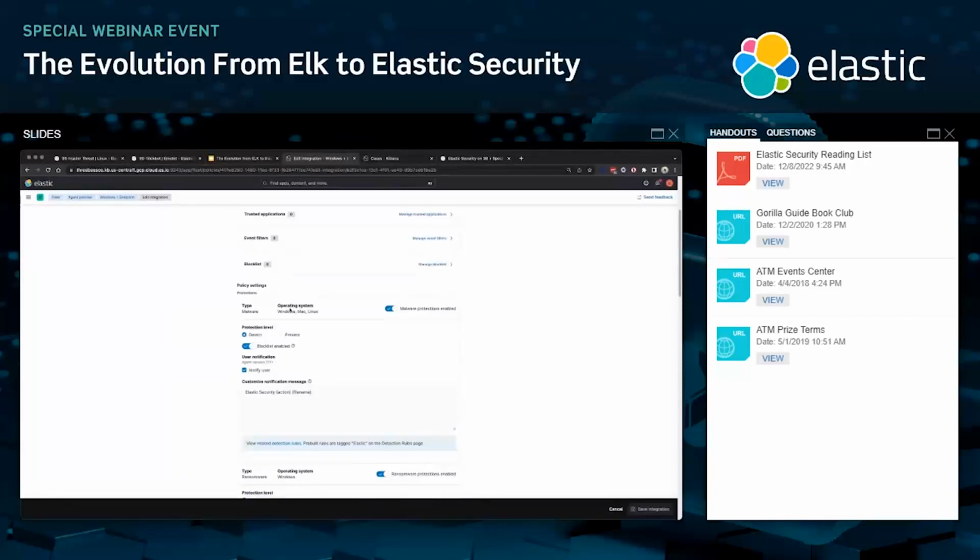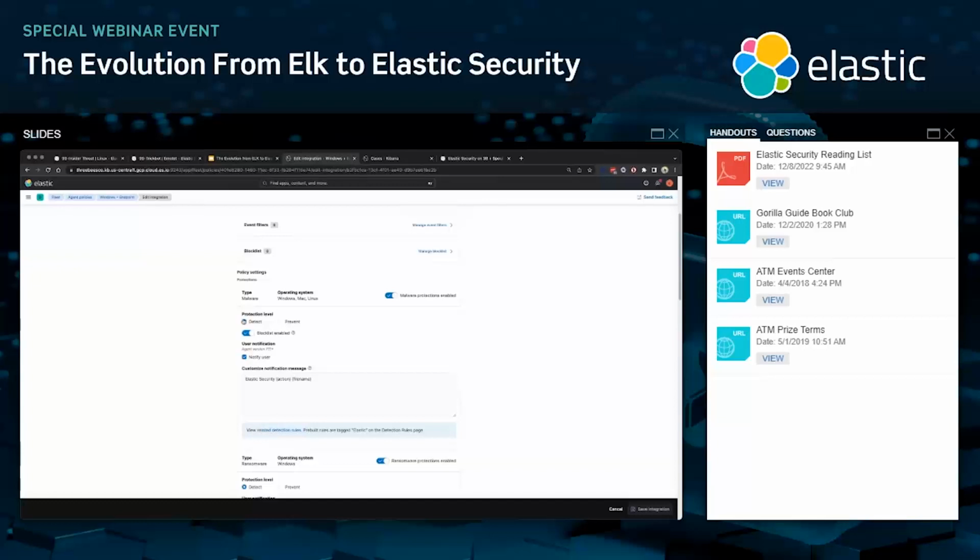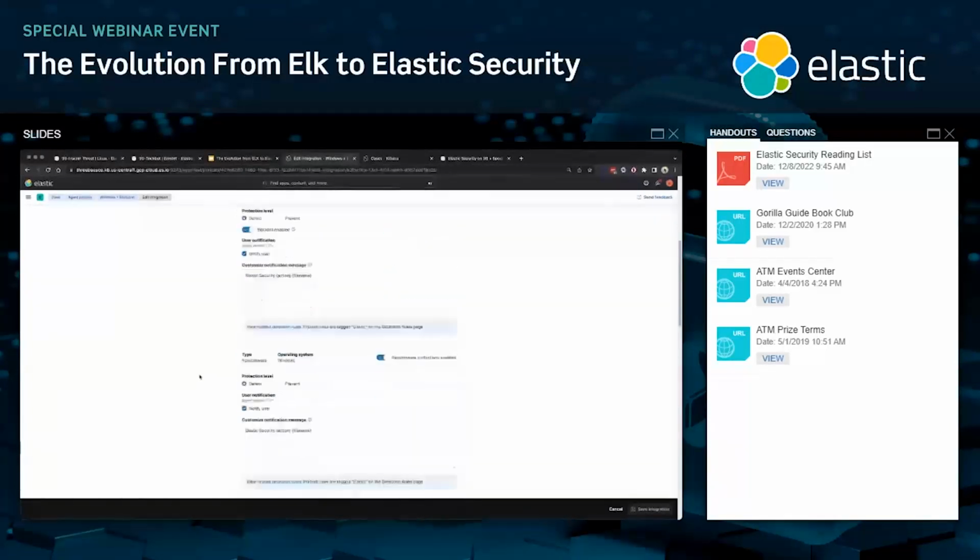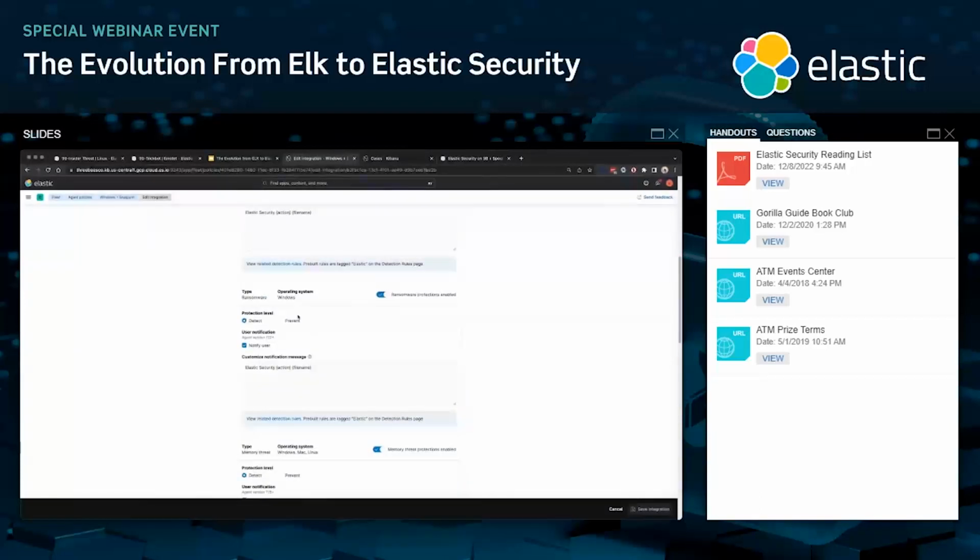And I'm preventing malware here on the disk. This is also machine learning. It's a redistributable gradient boosted decision tree. So this is different than that time series anomaly machine learning that we saw inside Elastic. And also using things like YARA signatures, especially for Linux here. And notice all my protections can be in a passive detect versus more proactive prevent posture.